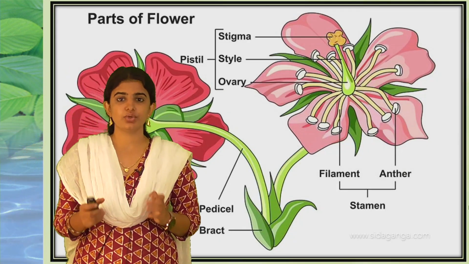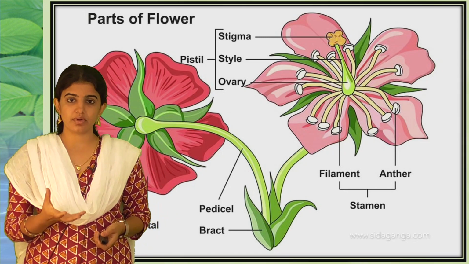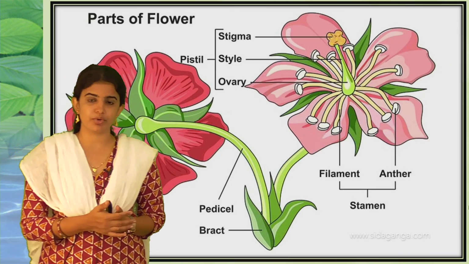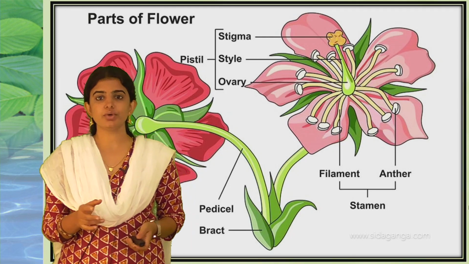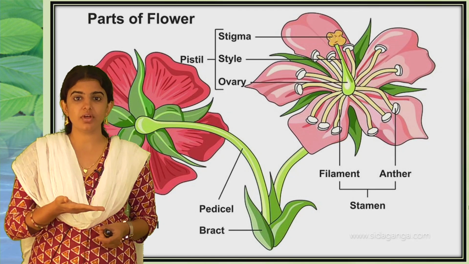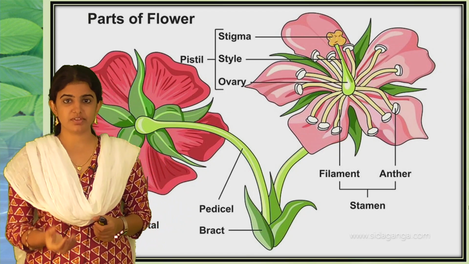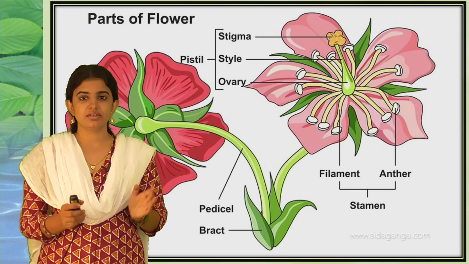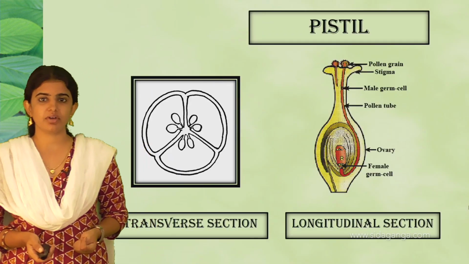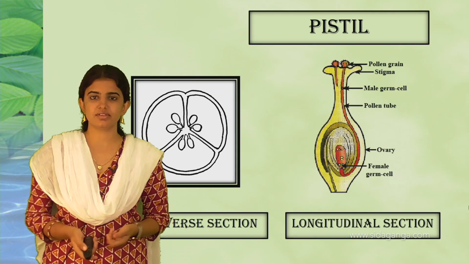And the stamen, as I told you, stamen is the male reproductive part of a flower, a reproductive organ which helps in the reproductive process. And this stamen is divided into anther, a sac-like structure which is present at the uppermost part of a filament, and the longitudinal structure which is present in the flower is called the filament. See, this is how stamen is divided into two parts, and the pistil is divided into different parts, and we can see the longitudinal structure as well as the transverse section now.